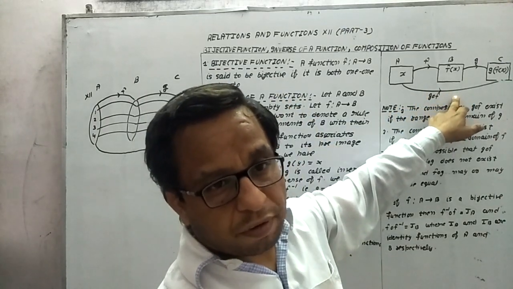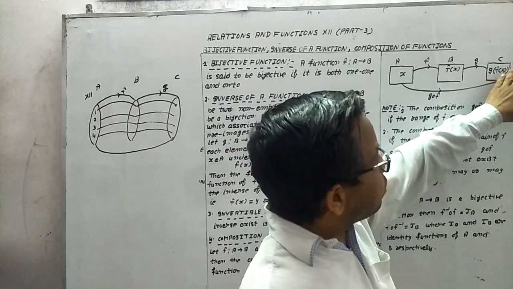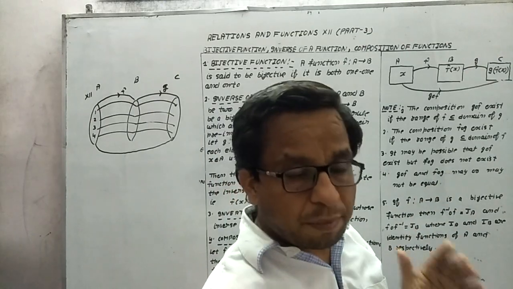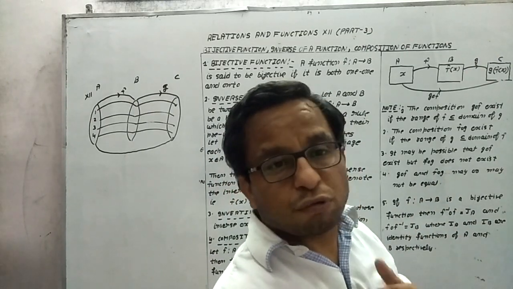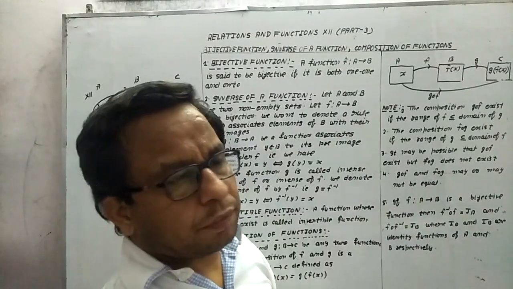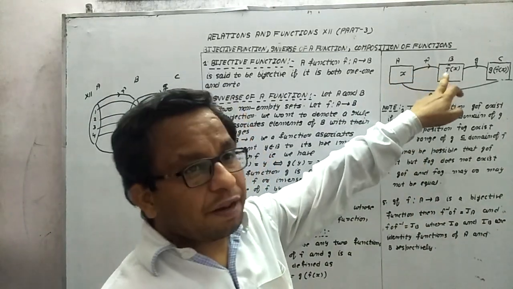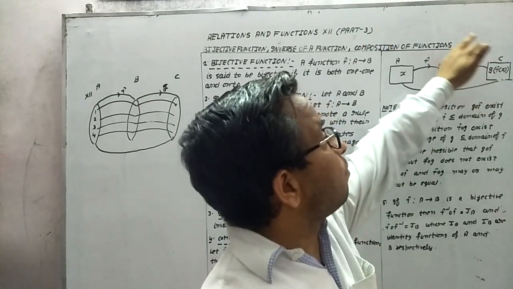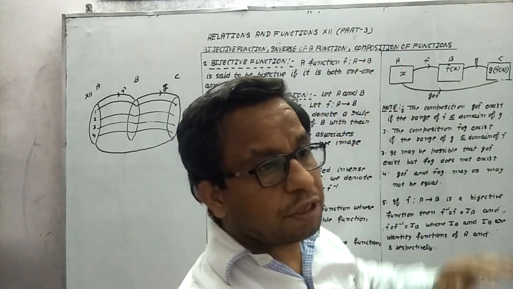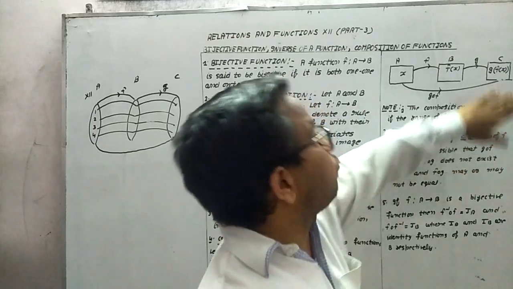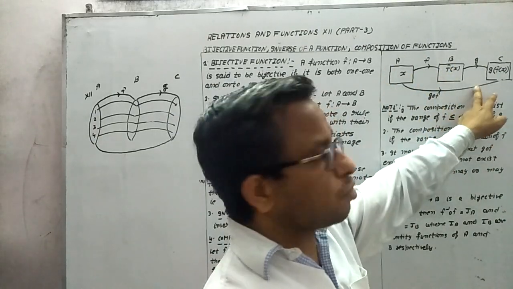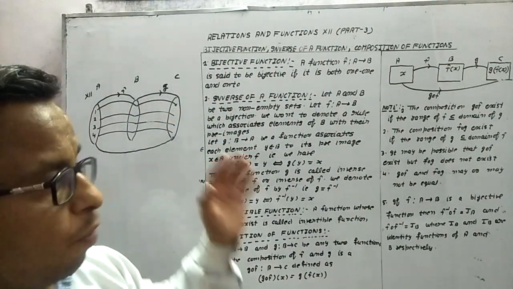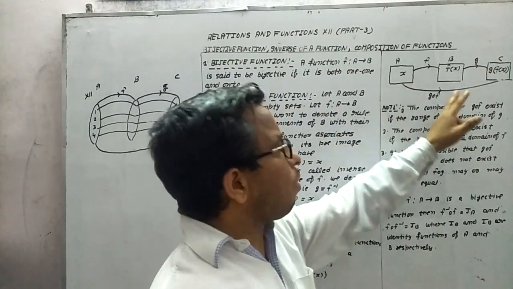Now one more thing, if we think about it in a reverse way, which is true in some cases, but in some cases we have to check. If f is bijective and g is bijective, then we can also consider a composition fog. It is not gof, this is fog. In this direction this is gof, and in this direction it will be fog. Now we are discussing only gof.